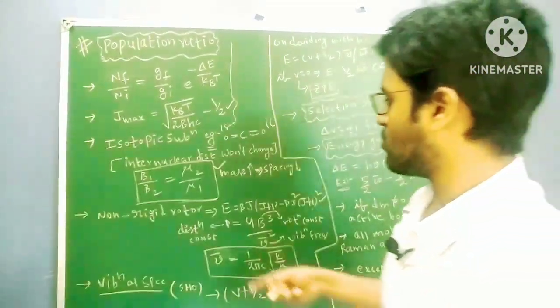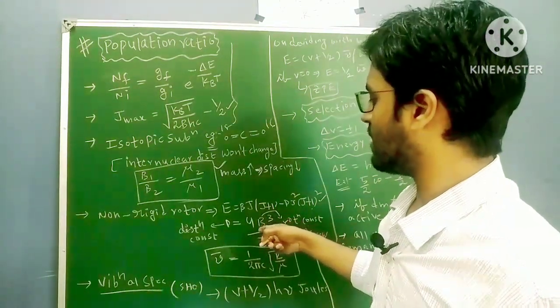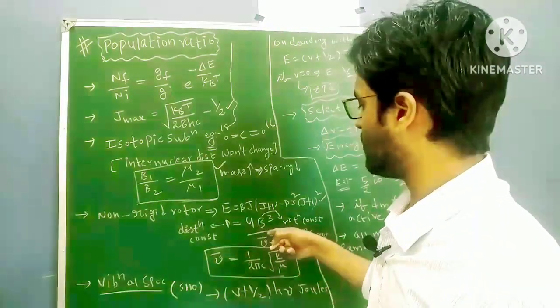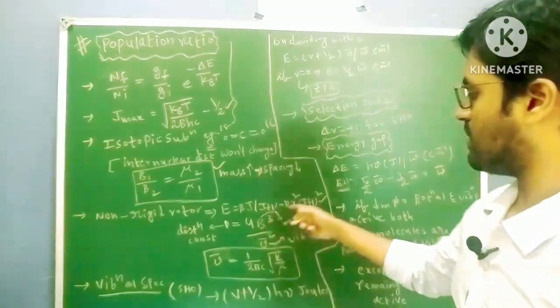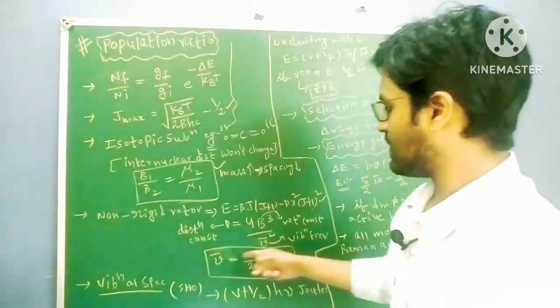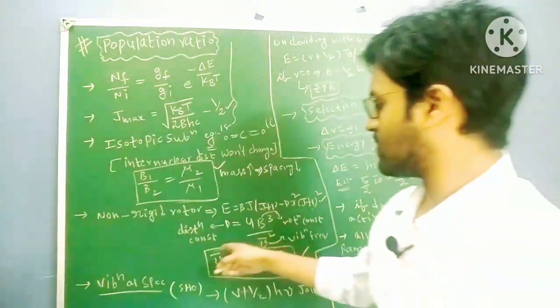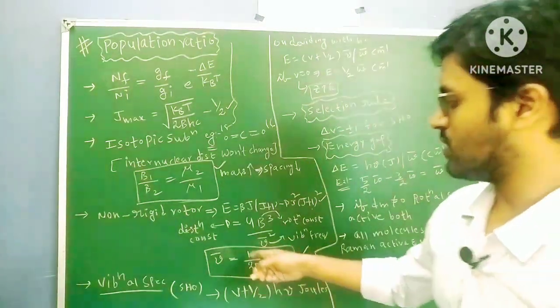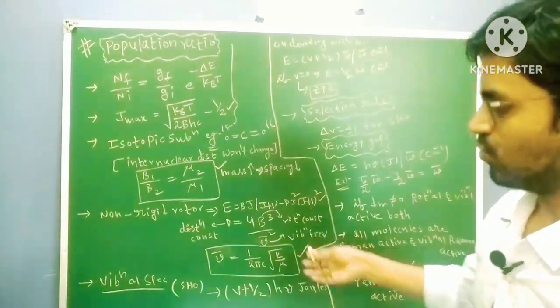Next one is distortion constant, E equal to 4b cube by nu bar square. So B, the question might come on this equation also. So 4b cube by nu bar square. Okay, so B is nothing but rotational constant, nu bar is nothing but your vibrational frequency, right? So nu bar equal to 1 by 2 pi c root over k by mu. This equation is also very important. Nu bar equal to 1 by 2 pi c root over k by mu, right?